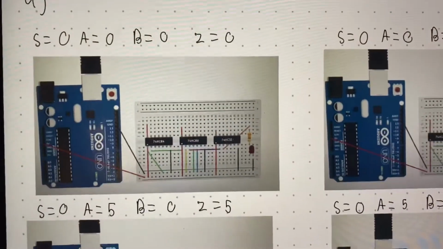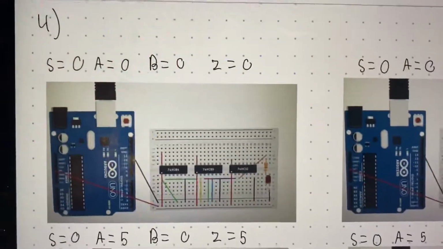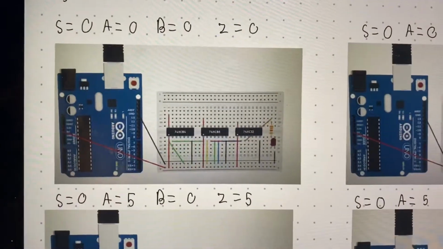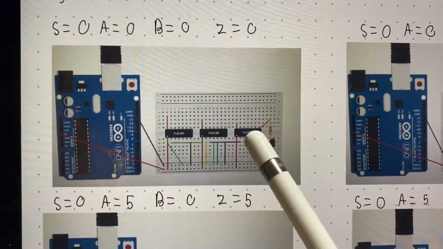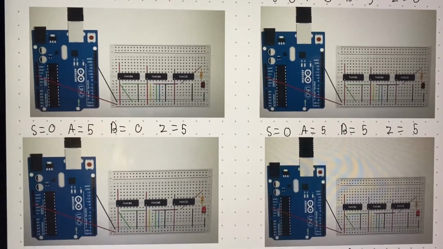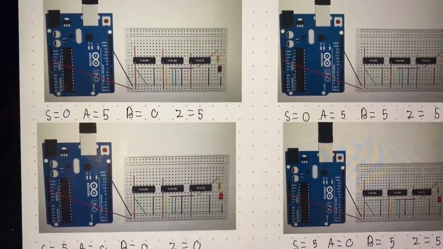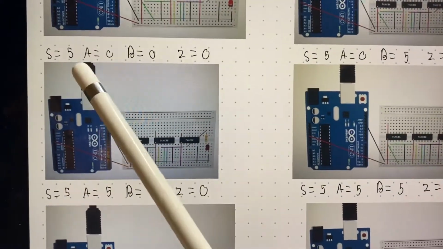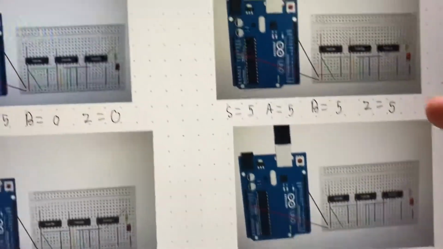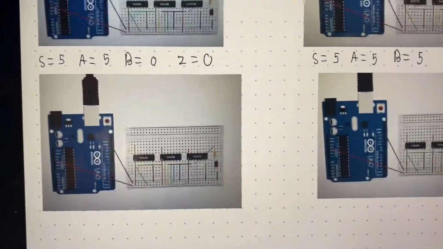For number 4, we made the logic expression into a physical breadboard integrated circuit expression using the NOT and OR chips. And so you can see the truth table is the same, where when S is low, the A term decides whether or not Z outputs. And then when the S term is high, the B term decides whether or not it outputs. You can see the LED is lit up when the B term is high, not lit up when the B